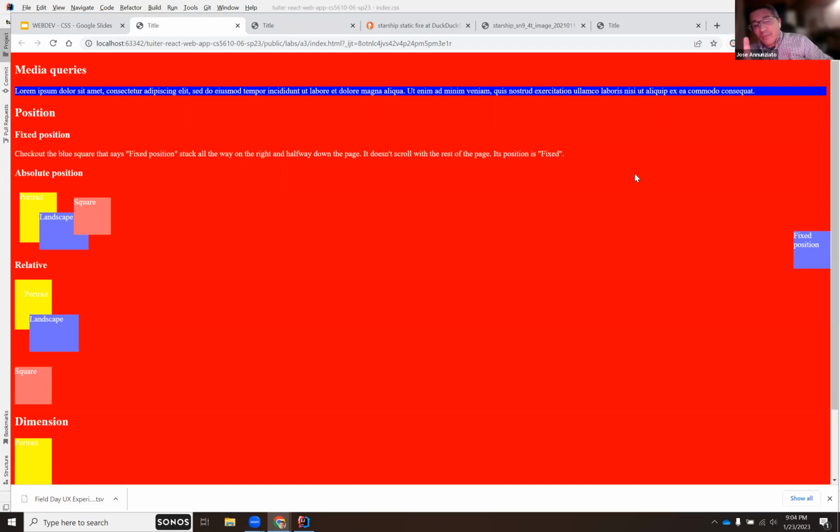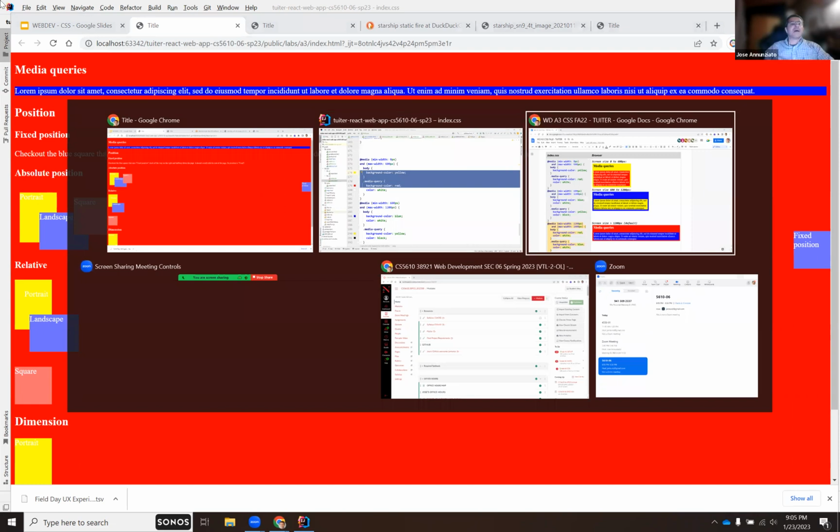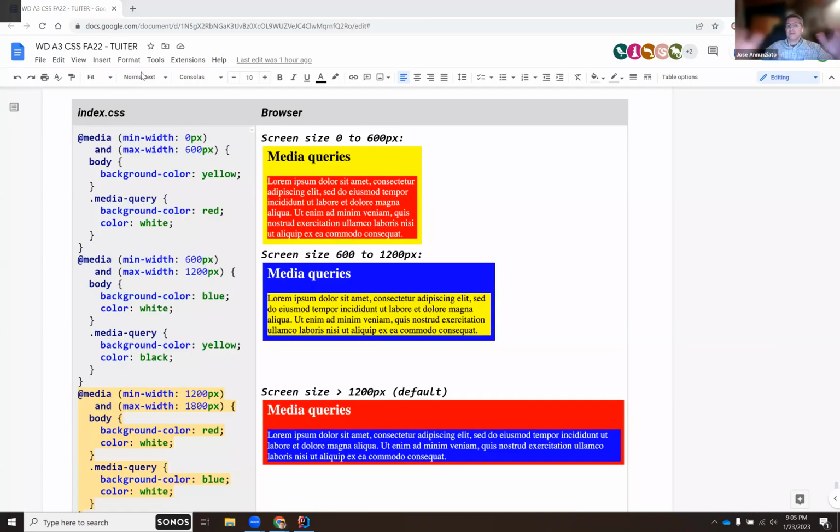Now this is very important because we're going to use this feature to make our screens responsive. By responsive, we mean that it can be used in all sorts of screen sizes, from large monitors down to tablets, and then down to phones. And what we want is that perhaps on a very wide screen, just like the canvas,